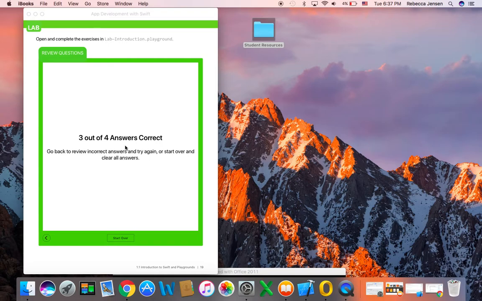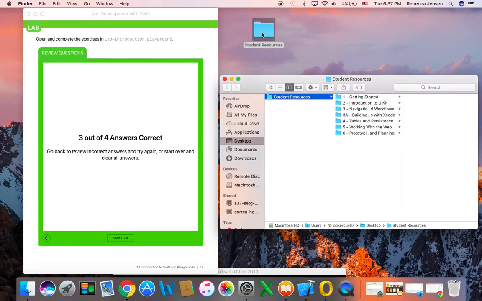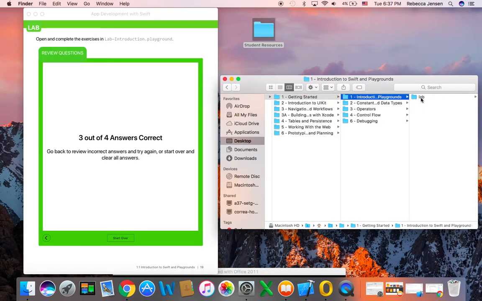Okay, after you do that, notice at the top it says lab. Right up here, introduction to playgrounds. You're going to click on the blue folder. 1, getting started, is Unit 1. Unit 2, Unit 3, Unit 4, Unit 5, Unit 6. We're working on Unit 1, and we're doing Lab 1. Here's Lab 2, 3, 4, and 6. There's not a Lab 5. So I'm going to click on 1, click on Lab,